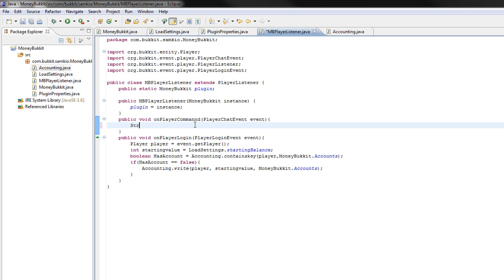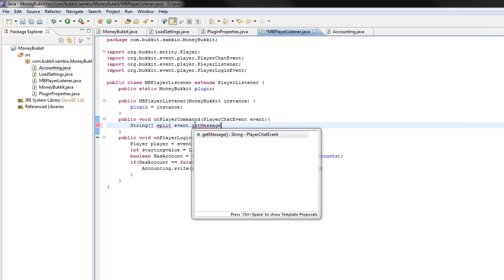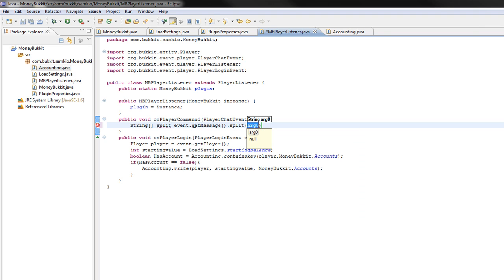So first of all, we just want to get stuff from what they said. So we're going to split whatever they've said into chunks. So we're going to get the message, which is a string, and we're just going to split it where there's a space,